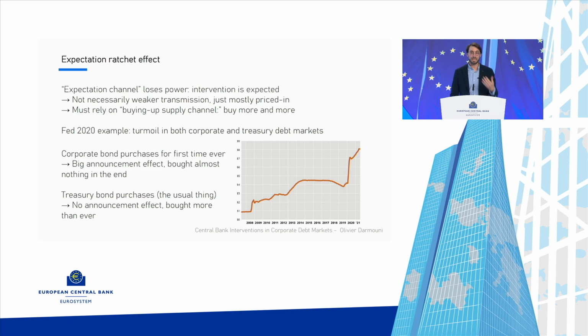And this had a big announcement effect on the corporate bond market. So large was the market rebound that in the end the Fed essentially bought very little. They bought almost nothing. Contrast this with the Treasury market purchase program, which is nothing new, it's the same usual thing, and in spite of the large scale of the announcement, there was almost no reaction immediately. And so instead, to move the price up, the Fed had to buy tons and tons of Treasuries in what we now sometimes call QE infinity. That's the big jump that you see here, where in a few weeks the Fed bought almost as much as they bought in their entire previous existence.